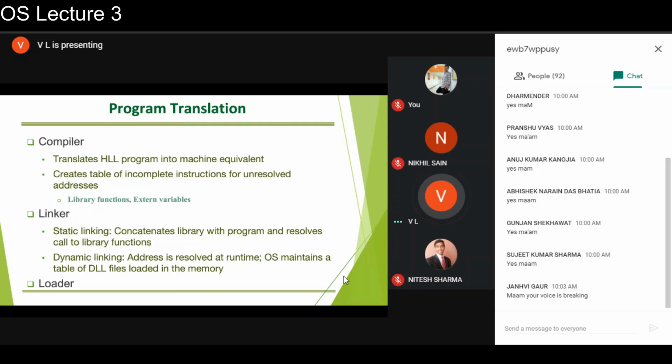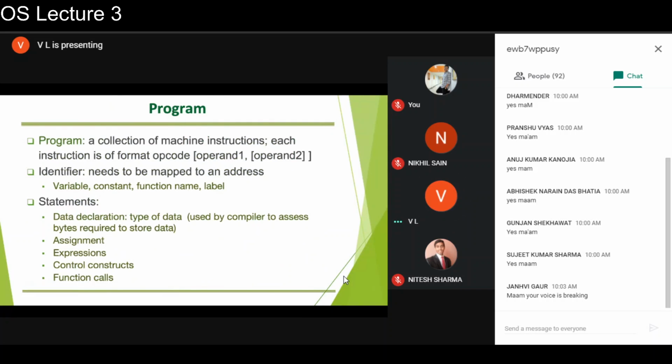So only one copy of the library is maintained, and at runtime the address will be resolved and the appropriate call will be made. Dynamic linking reduces the memory overhead, but it may increase the execution time overhead a little bit. And then the loader will load the copy of the program into memory. Now, when we look at a program,